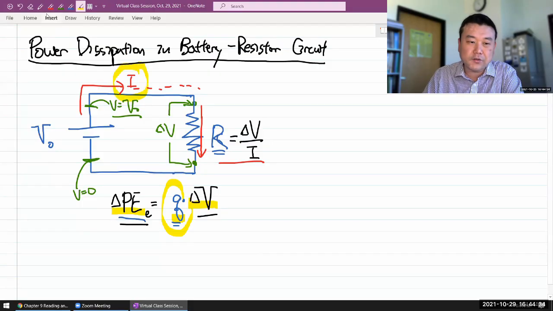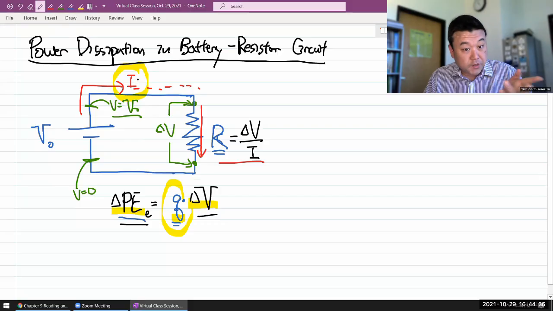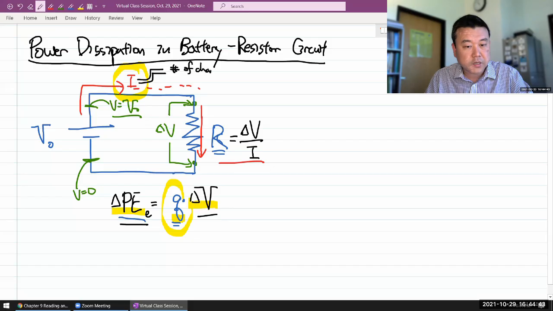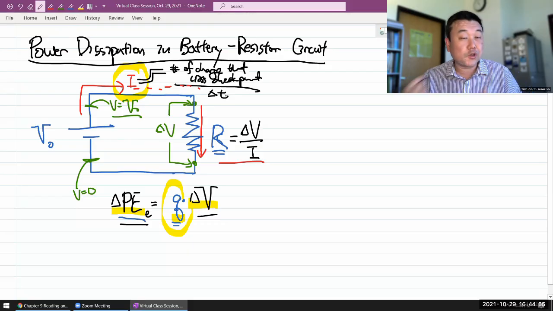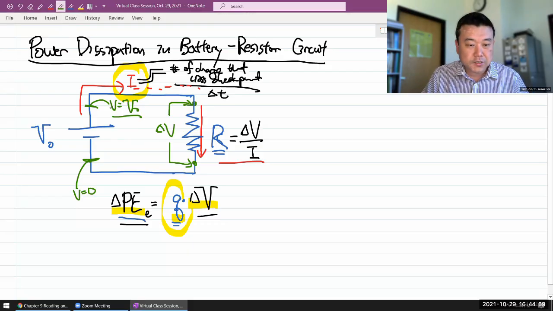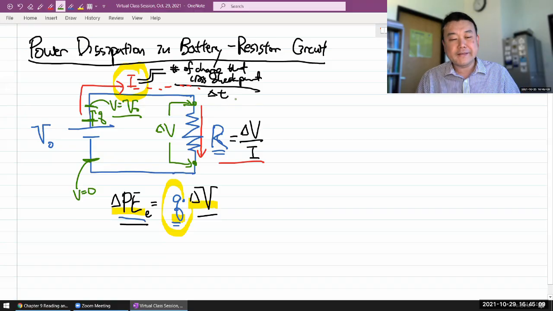And as you relate it to the current, you remember the definition of current, that we define current as number of charges that cross a checkpoint divided by some duration of time. The current is the rate at which, say, some amount of charges cross this checkpoint here. You count how many charges flow through that in how much time, take that ratio or quotient, then that'll give